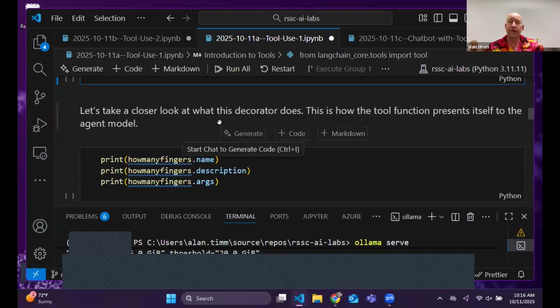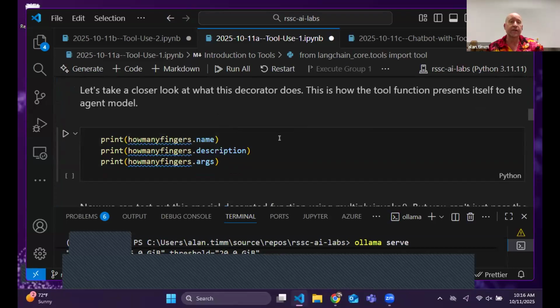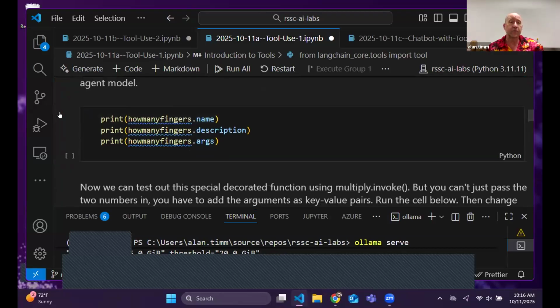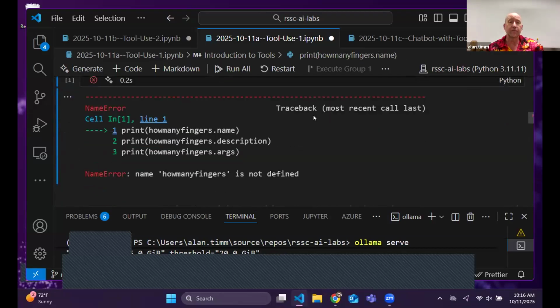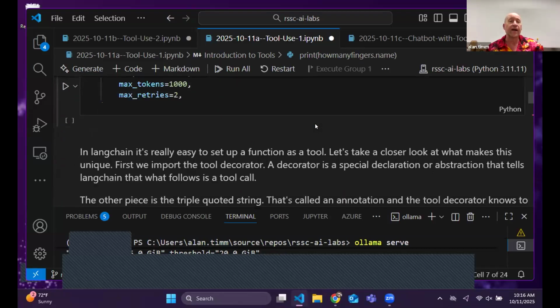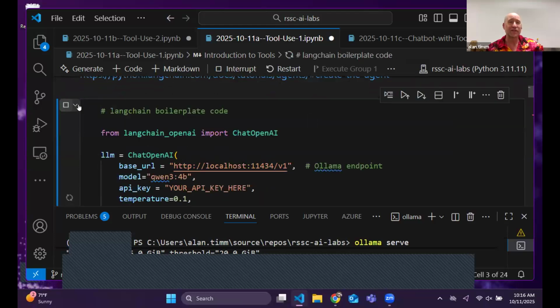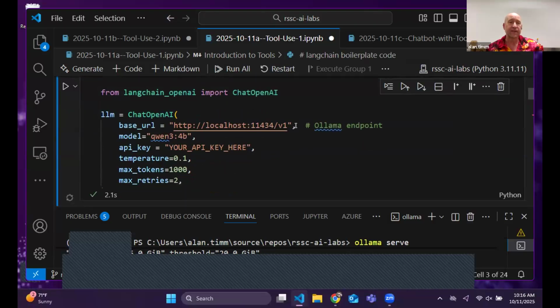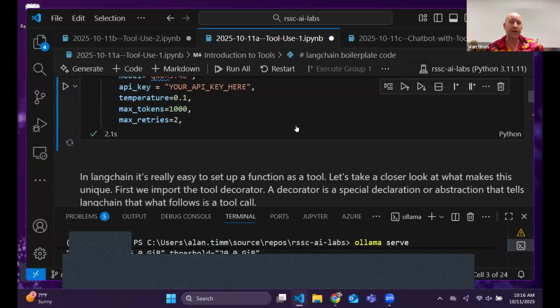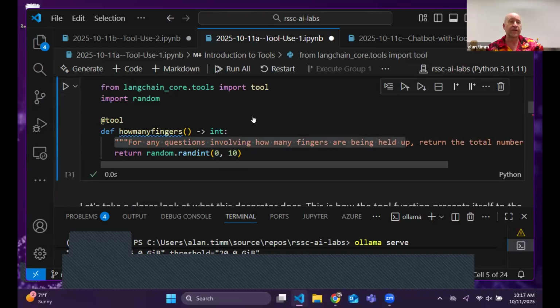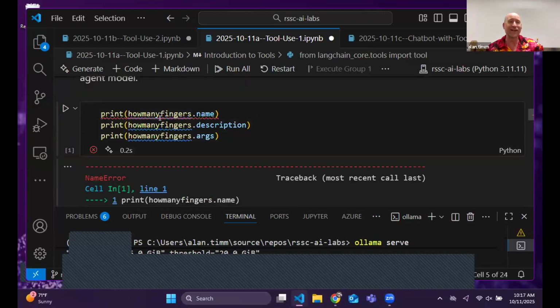And if you're following along, go ahead and run the cells. With those in place, let's run a couple of print statements. Oh, what did I forget? Oh, sorry. I haven't run any of the code yet. So let's go through and run the top cell that describes the LLM as being an instance of Chat OpenAI. Let's run the cell for code that defines the tool, how many fingers. And now that we've run the cells above,